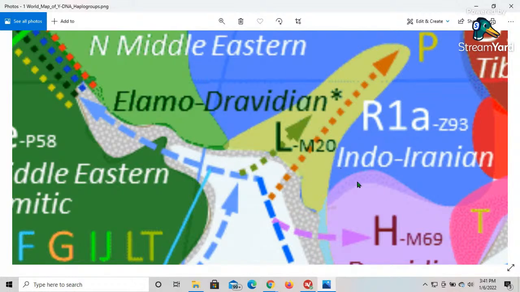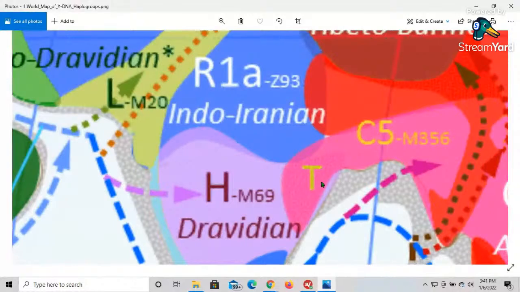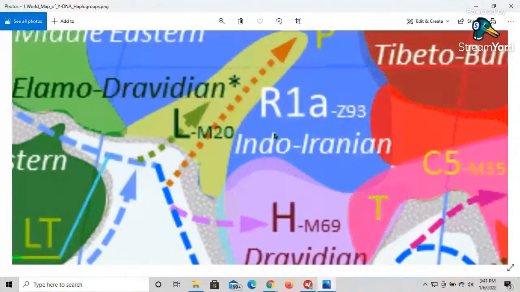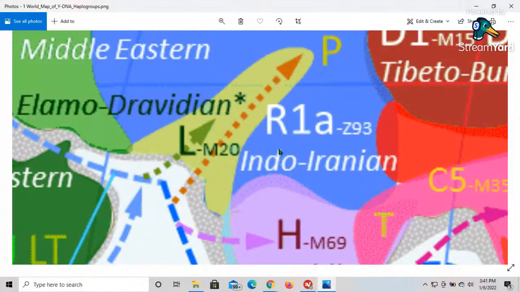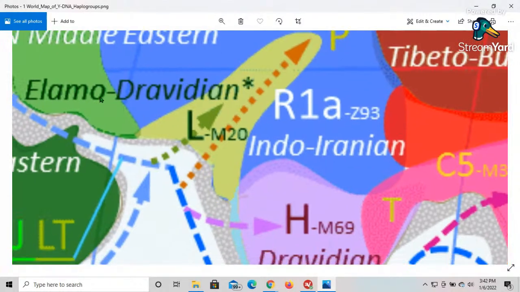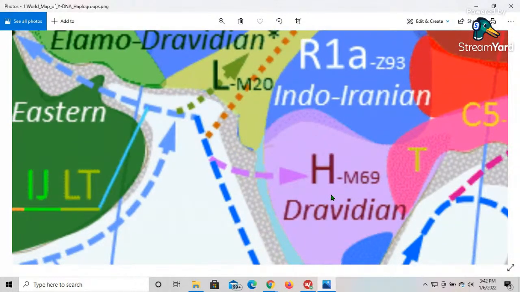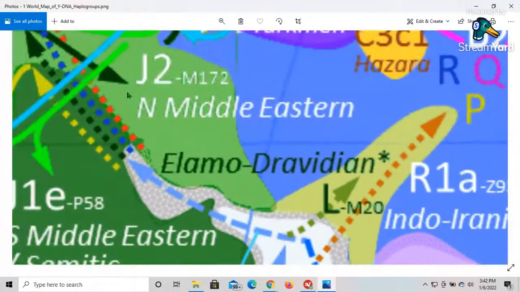Same thing with the T over here. This is another Greek paternal Y chromosome. So it counts that one out. This one here is Gomer, or his son Ashkenaz, R1A. That's another Japhethite Y chromosome, so that counts them out. So the only one Elam can possibly be would be this H Semitic paternal Y chromosome, which is also found